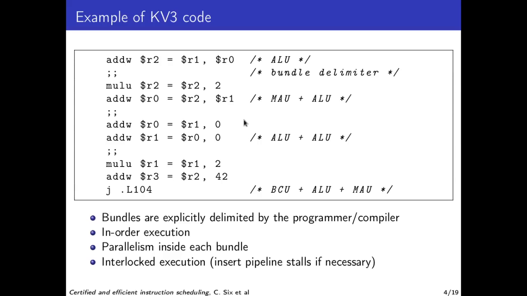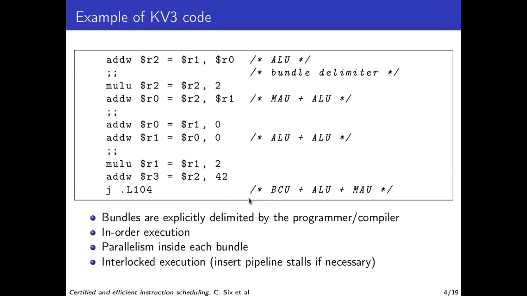So here is an example of Calais assembly code. In that kind of code, double semicolons indicate bundle delimiters, and these bundles group together instructions that will be executed at the same time. For instance, here we have a bundle with 1 jump, 1 addition, and 1 multiplication. We can insert as many instructions as we want inside the bundle, just as long as we satisfy the resource